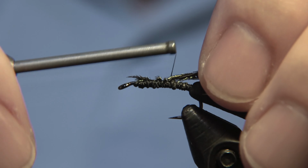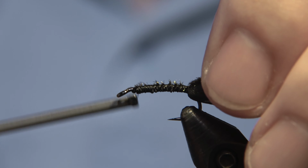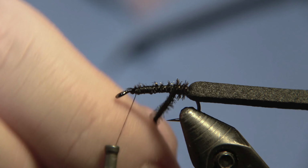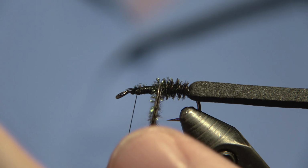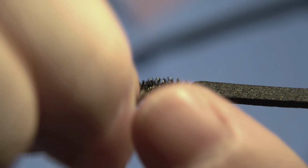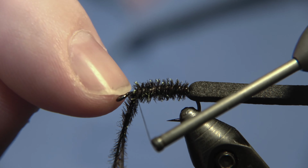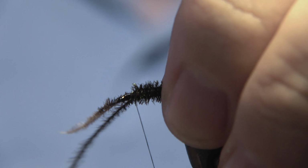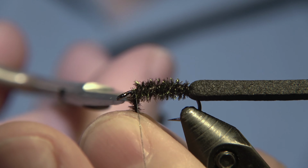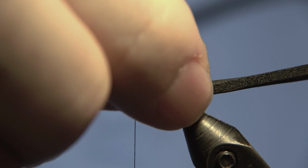For a smaller version of this fly, we'd be using just 1 strand. It just depends on the size of the fly. We'll wrap this around. Up here in Iceland, you can actually get away with pretty big dry flies, even a size 10. Some people in the States would say that's ridiculously big, but sizes 10, 12, 14, you can get away with in some circumstances. Mostly you'll get away with it, but sometimes you have to scale down the size of the flies